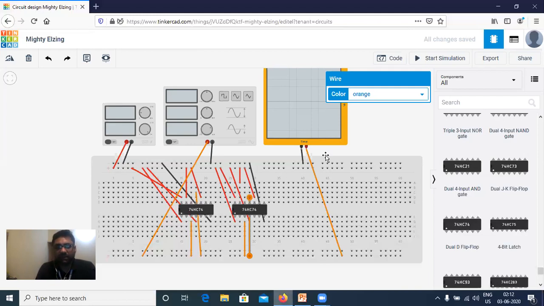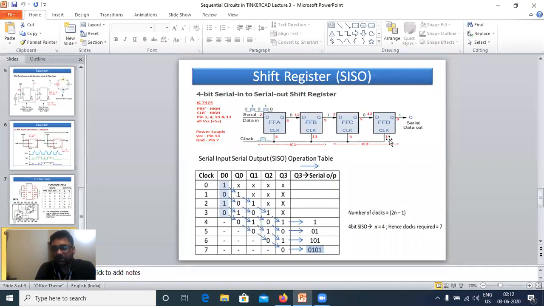So we have done all clock connections. Now just interconnection is required. Pin 5 to 12, then 9 to pin 2 of the next IC, then 5 to 12 again. So 5 to 12, then 9 to the next IC's 2, then 5 to 12.